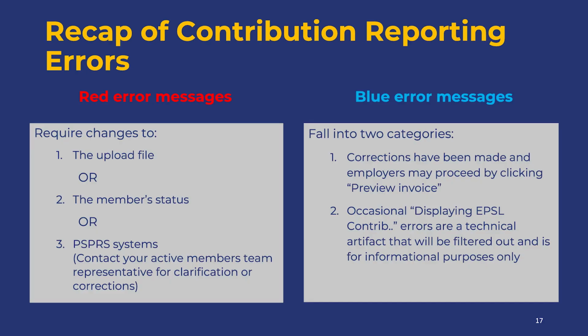Continuing with the errors. If you receive a red error message, it requires a change. Basically, it's the system telling you there's something wrong and you need to make a change. This could be in the upload file where the issue is, and also the member status. Possibly, once you've checked both of those and everything's accurate, there could be something wrong with our system, so please reach back out to our actives team, and see if they can figure out where the error message is